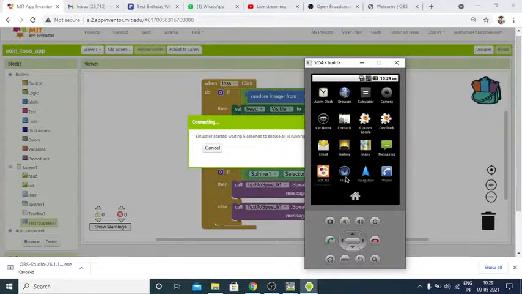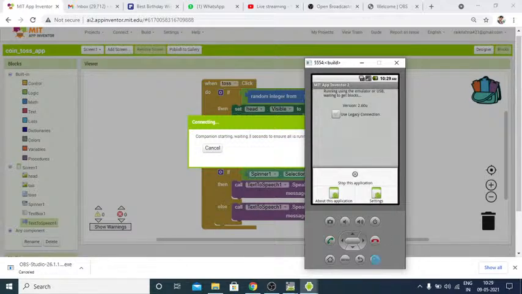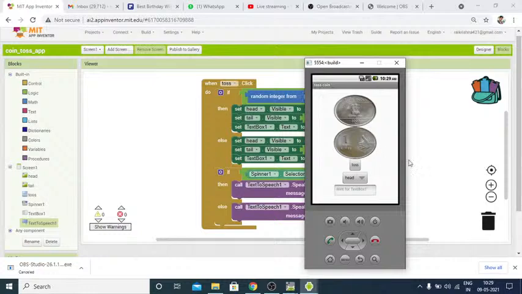Now it's time to connect the things. Basically, as I told, the emulator is taking too much time to connect. That's why we will not prefer it. We will choose a Wi-Fi connection or a USB connection. That's the better option. Yeah, here we go. So you can see this is the toss. Suppose I choose